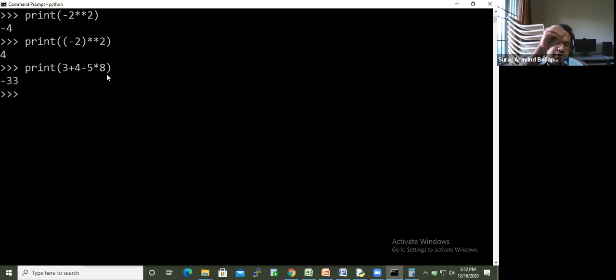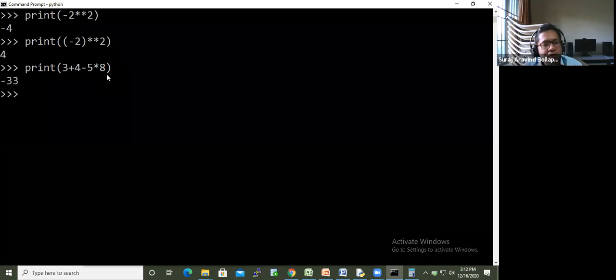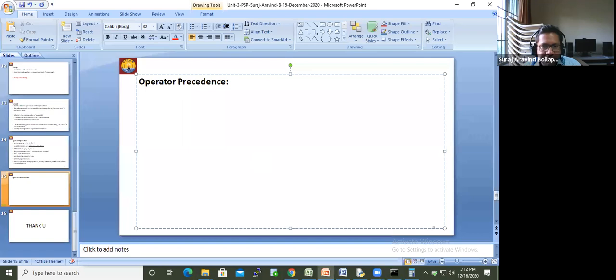So here also, in Python or any programming language, we use a word called precedence. Precedence is nothing but priority. It is the BODMAS rule, or PEDMAS rule.